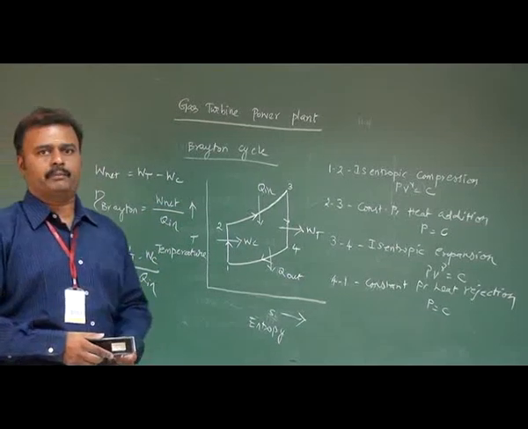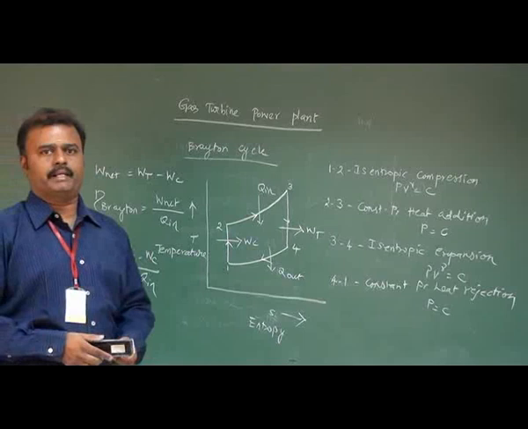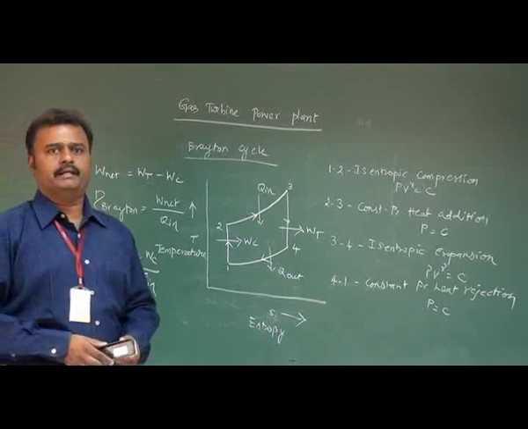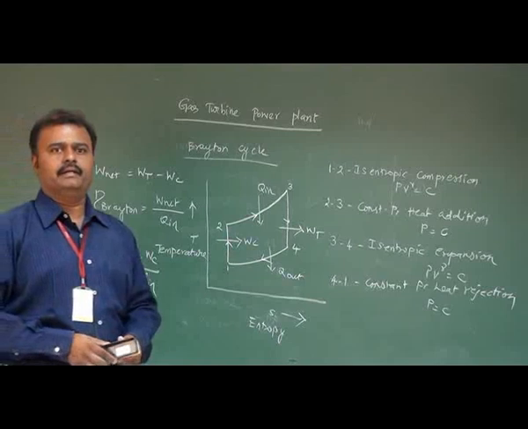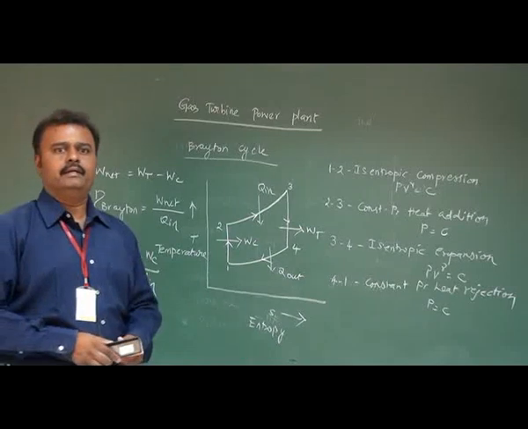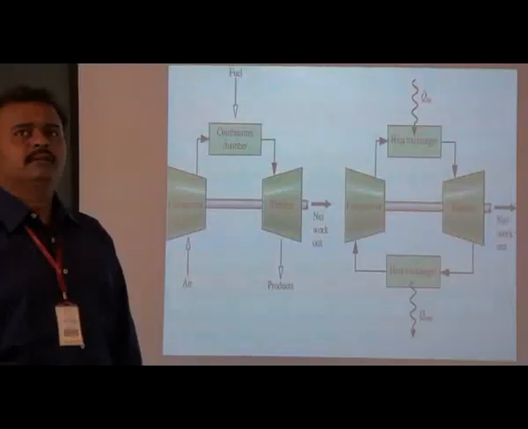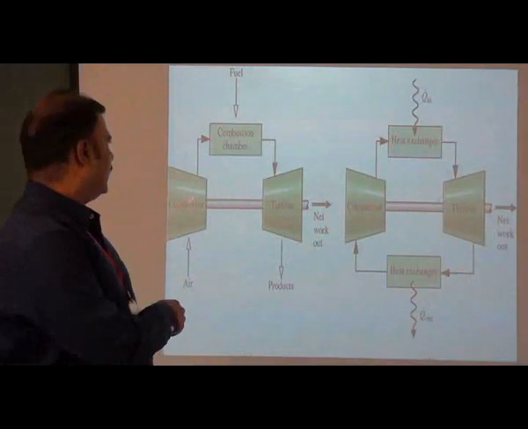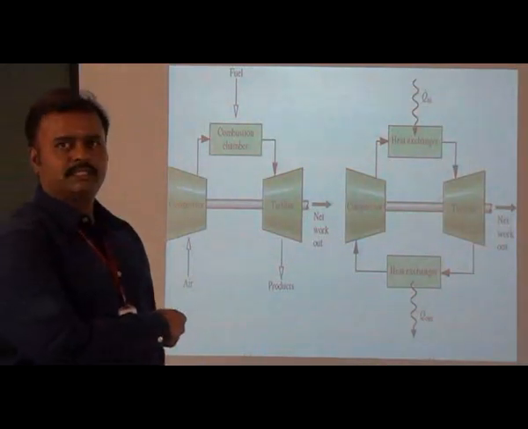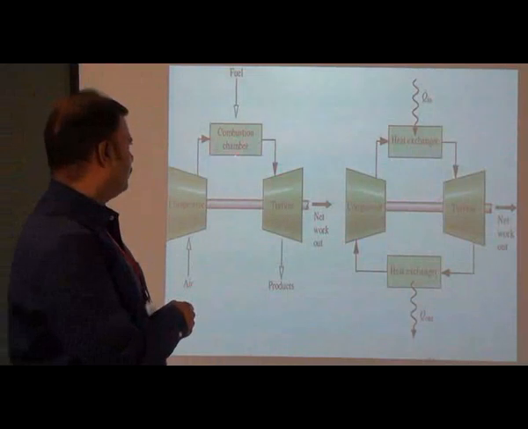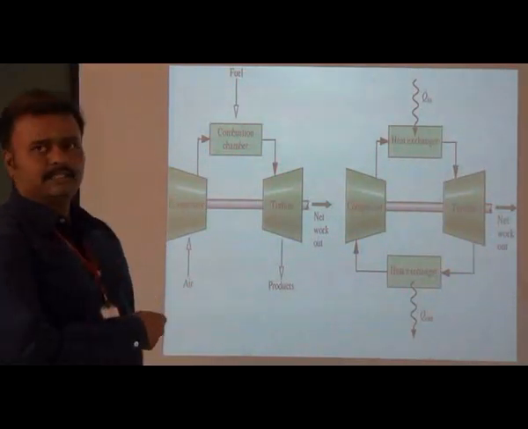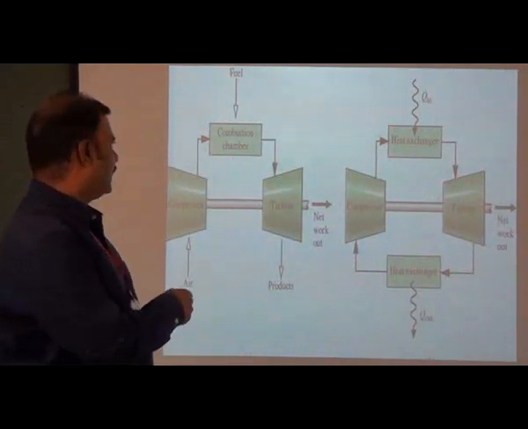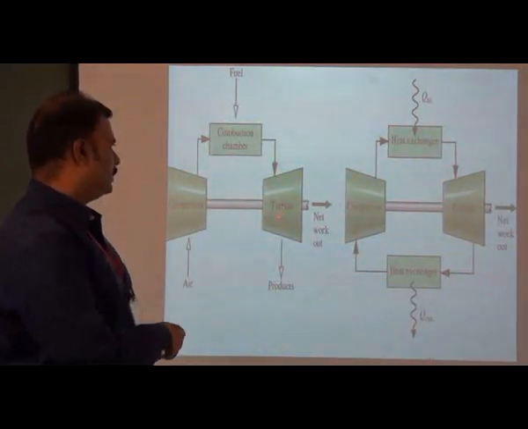We know that there are two types of gas turbine power plant: one is open cycle and another one is closed cycle. The components involved are the compressor, combustion chamber and turbine, along with a heat exchanger, the aftercooler. The air coming from the atmosphere is compressed in the compressor, where the pressure is increased, and the pressurized air passes through the combustion chamber, where the fuel is injected so that the combustion takes place. It increases the velocity of the air as well as the flue gases, and then the flue gases pass through the turbine.